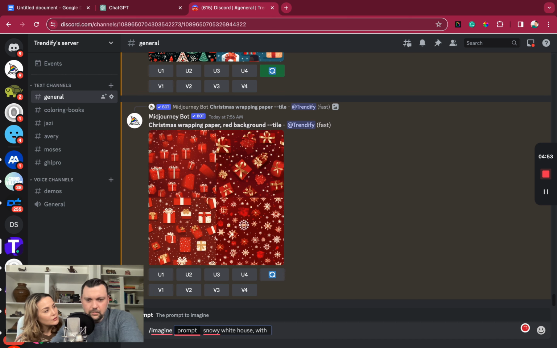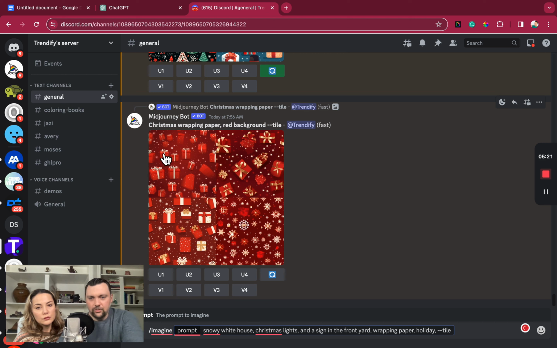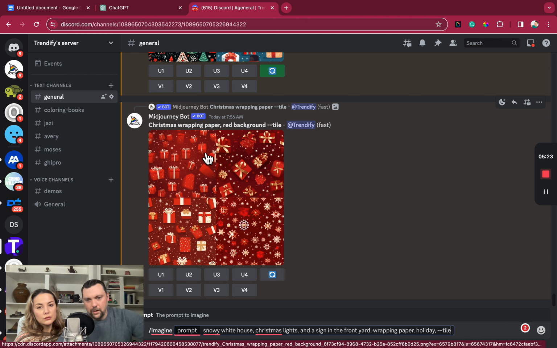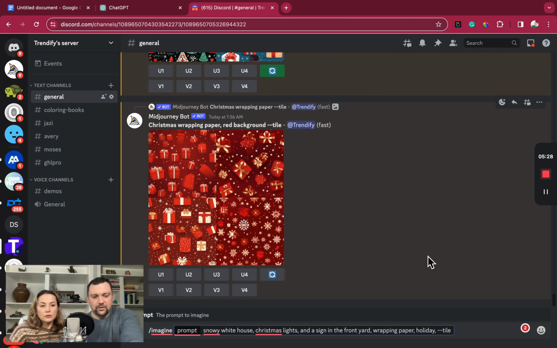I don't think we'll get Christmas lights, maybe Christmas lights on snowy white house with Christmas lights and a sign in the front yard. And then we have to tell it what kind of thing we're looking for. So we're going to do wrapping paper, holiday, and then the final thing we need to do is this dash tile. And what that does is it creates these seamless patterns. So you could literally stack this one by one next to each other, and it'll create a perfect pattern. So let's just see what we get.